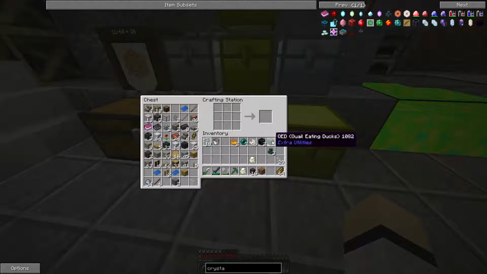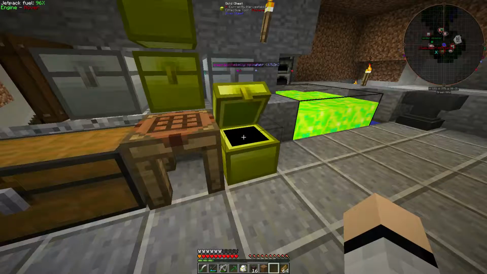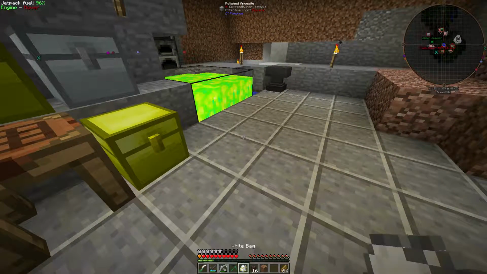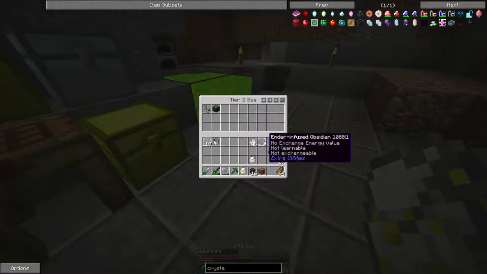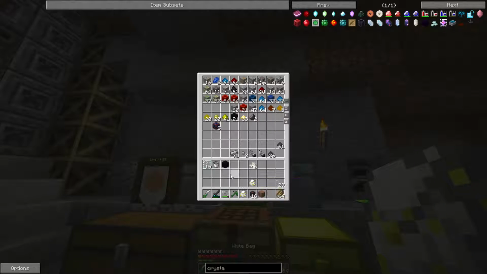So it's, oh, quail eating ducks. Interesting. So anyways, that's the QED, and I'll be able to make the energy transfer node probably next episode with that. So let's actually put this in my bag. Just some of the stuff there. I'm gonna need to go get some more obsidian to make dark steel and